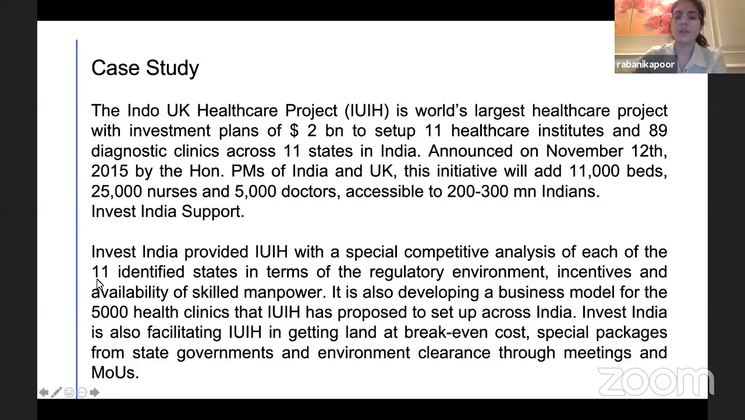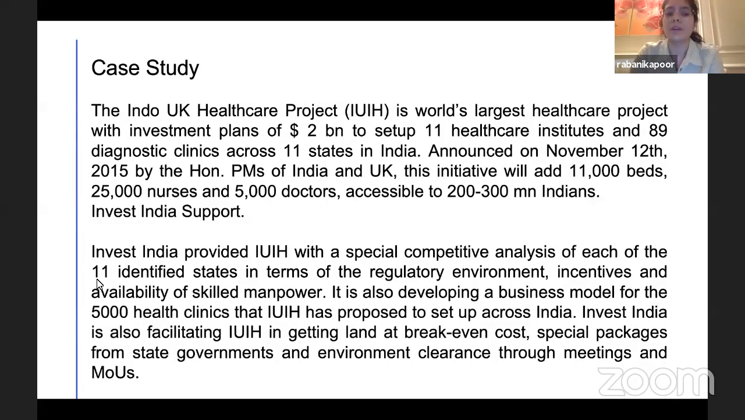So I also would like to speak on another case study. This highlights how IPAs help a foreign investor enter a particular, in our case, India, economy and set up their businesses. So Indo-UK Health Project is basically the world's largest healthcare project with investment plans of almost $2 billion. They plan to set up 11 healthcare institutions and 89 diagnostic clinics across 11 states in India, which is a big thing. So Invest India here